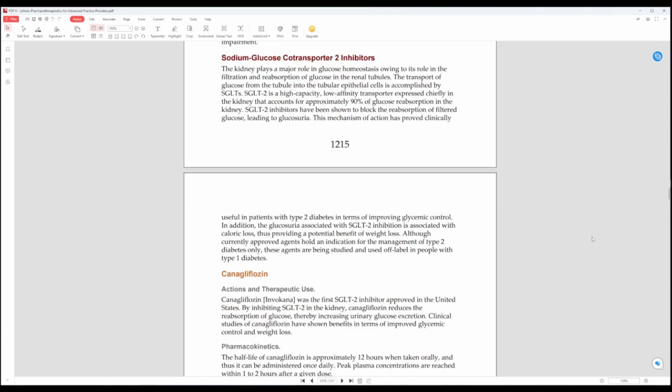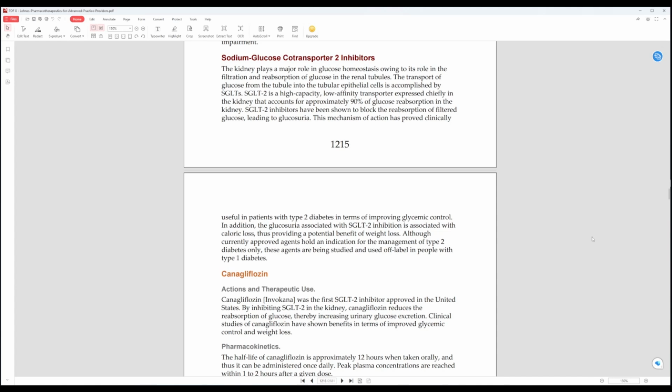Leading us to the sodium glucose cotransporter 2 inhibitors. The kidneys play a major role in glucose homeostasis, owing to their role in the filtration and reabsorption of glucose in the renal tubules. The transport of glucose from the tubule into the tubular epithelial cells is accomplished by SGLTs. SGLT2 is a high capacity, low affinity transporter expressed chiefly in the kidney that accounts for about 90% of glucose reabsorption